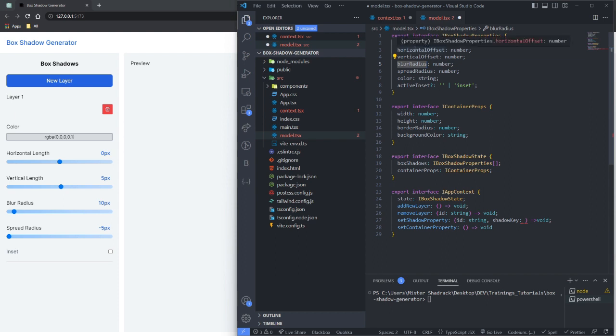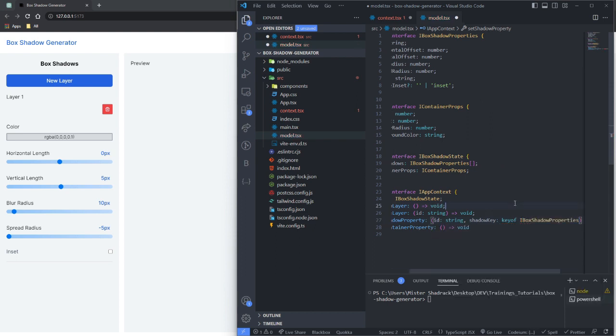And the reason why I am doing it like that is I don't want to set up a single function for each of these properties. So for example, if I want to change this one, I would have a dispatch function that changes just this, and I would have one for all of these properties, right? I just want to have one function, then I am going to pass a key to it so that, based on the key, it will change the property value. So the shadow key is going to be key of box shadow property. So here we want to say key of, so one of these keys, box shadow properties,